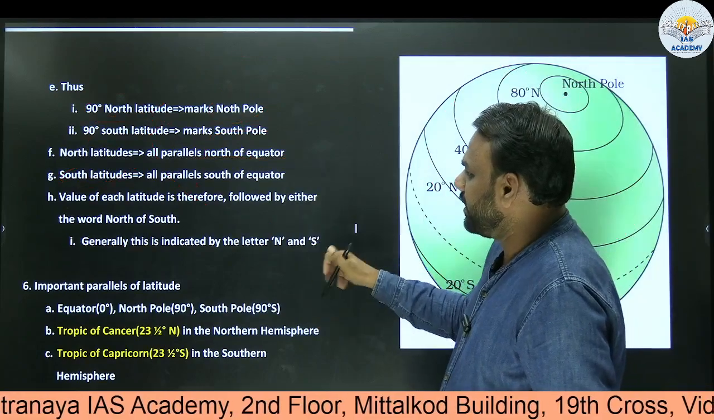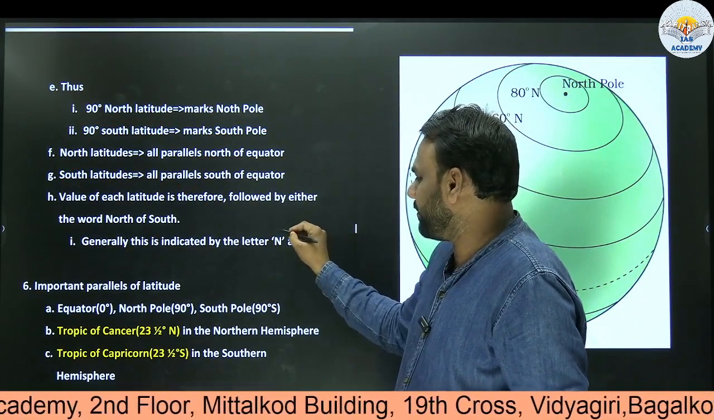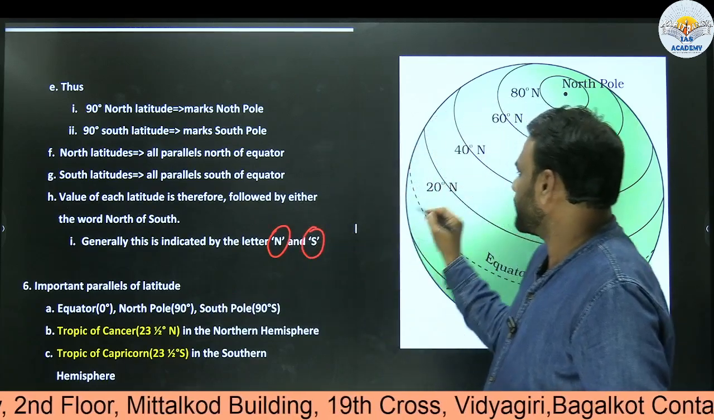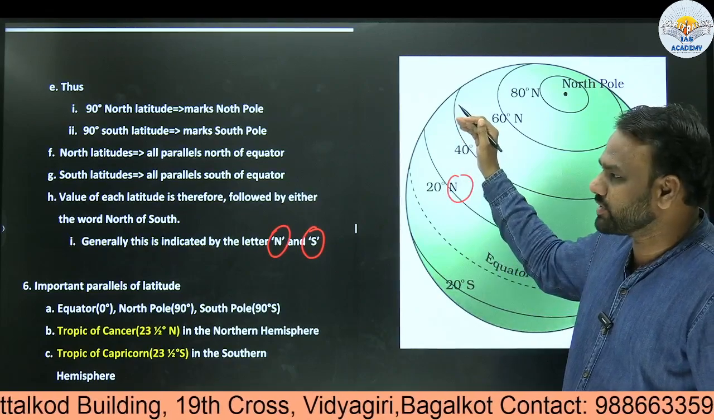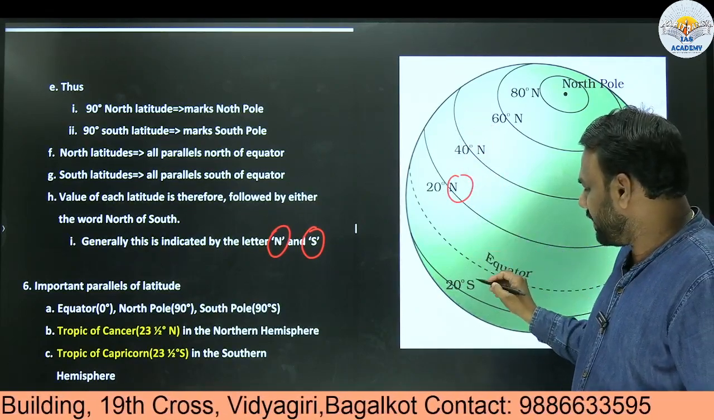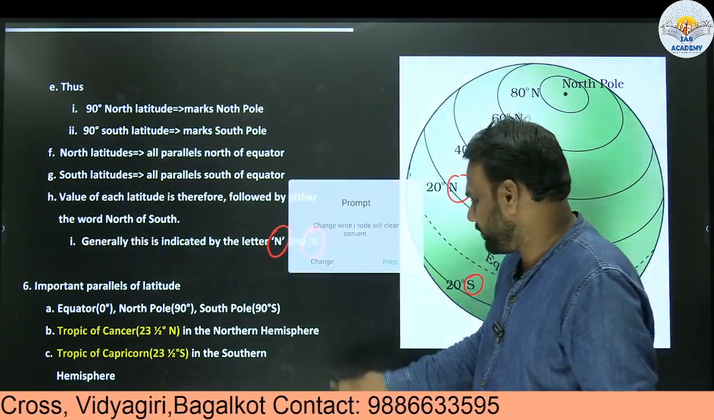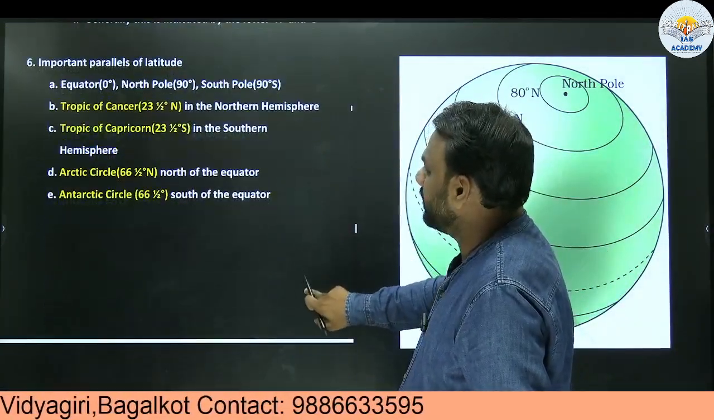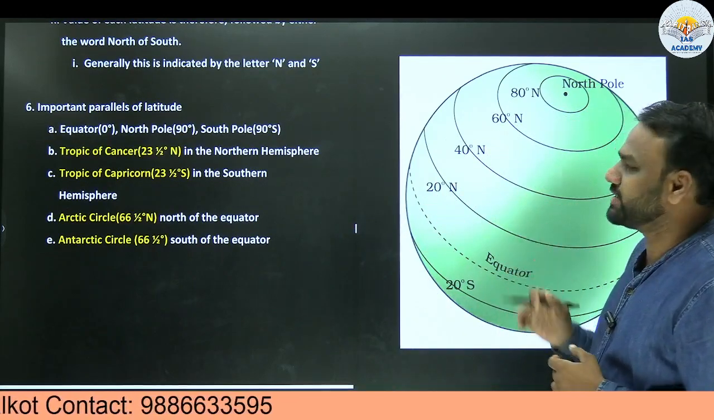Next, the value of each latitude is followed by the word north or south, and they are indicated by the letter N or S. So here we have indicated N to show that this is a north latitude, and here we have indicated S, indicating that it is a south latitude. Next, here we have shown some random latitudes, 20 degree, 40 degree, 60 degree, 80 degree